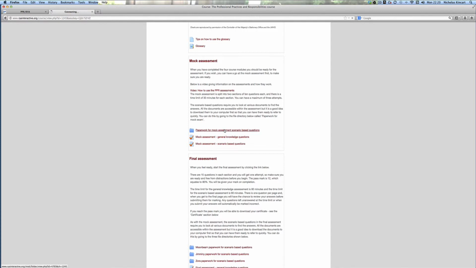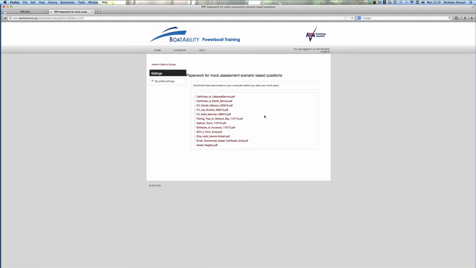So let's have a quick look at those. Now you can either print these off once you've opened them, or you can just click on them and save them on your PC and open them as and when you need them. Personally, we just keep ours electronically. However, if you want to print them off, then just think of the poor old trees. I'm just going to go back to the course